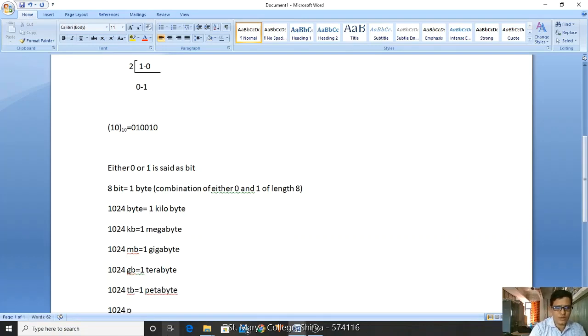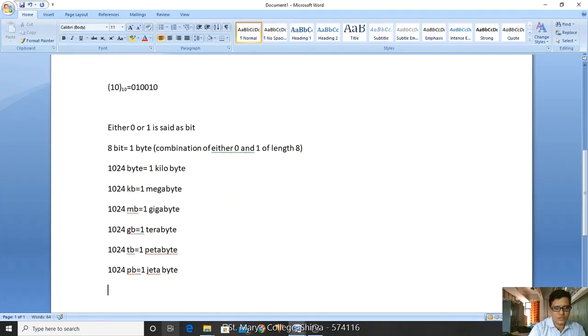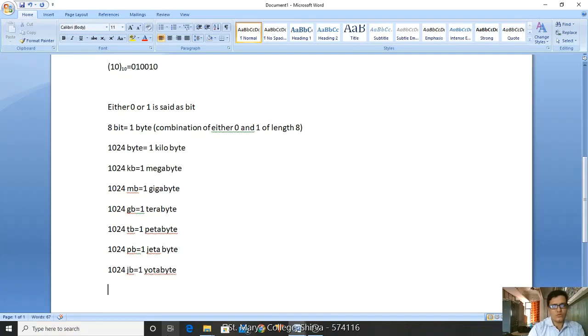1024 PB is equal to 1 exabyte, and so on up to zettabyte and yottabyte. So it is the storage of your files.